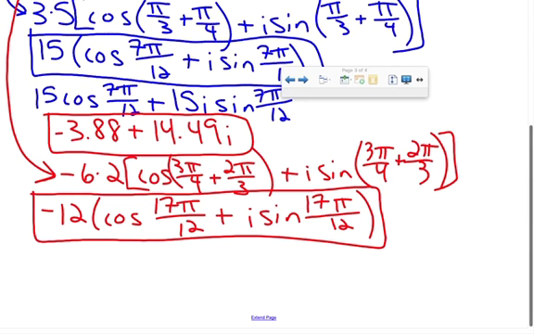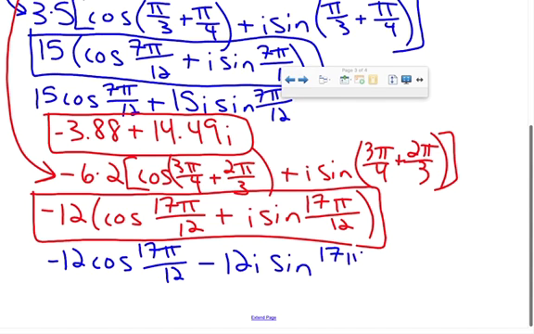Remember, in order to do that, you're just distributing and evaluating. That gives me, in my next step, negative 12 times the cosine of 17 pi over 12 minus 12i times the sine of 17 pi over 12. From here, in my calculator, I am taking 17 times pi divided by 12, taking the cosine of that, multiplying it by negative 12, I get 3.11